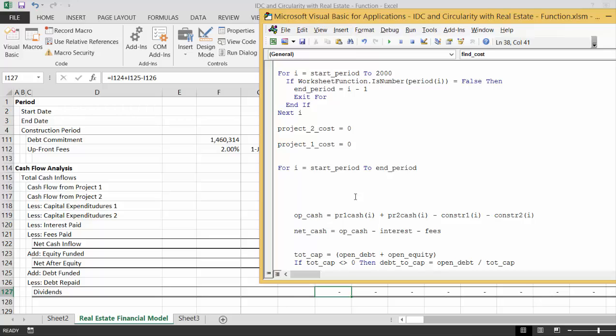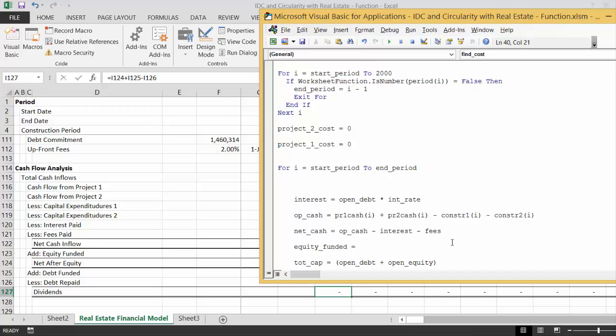Now, what I'm going to focus on right now is the interest, and the interest is equal to the opening debt times the interest rate. That's what we're focusing on. And now we have to go to the equity funding. This is going to be a really tricky one. Equity funded